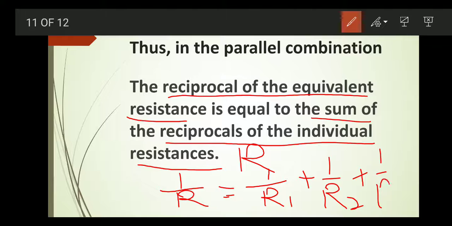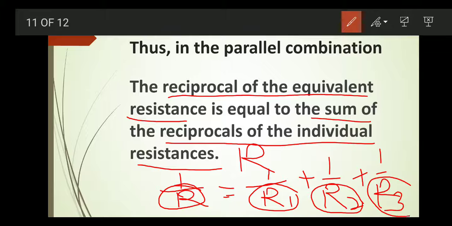That is, 1 by R represents reciprocal of equivalent resistance, 1 by R1 represents reciprocal of resistor R1, 1 by R2 represents reciprocal of resistor R2, and 1 by R3 represents reciprocal of resistance